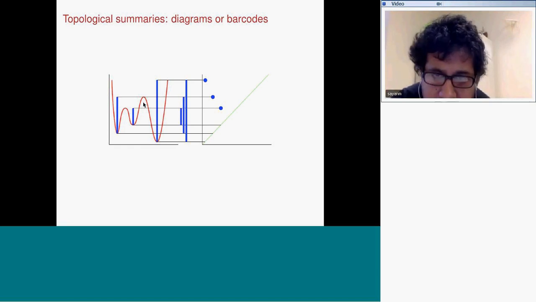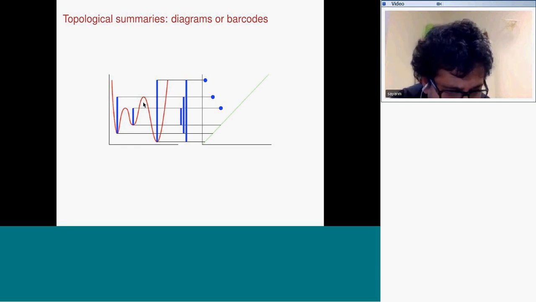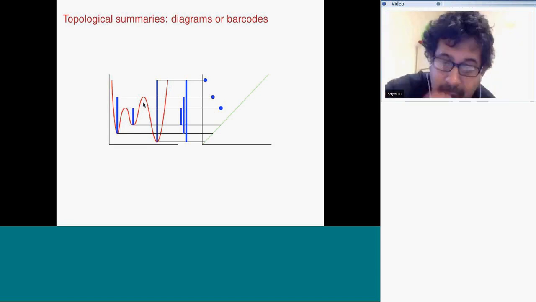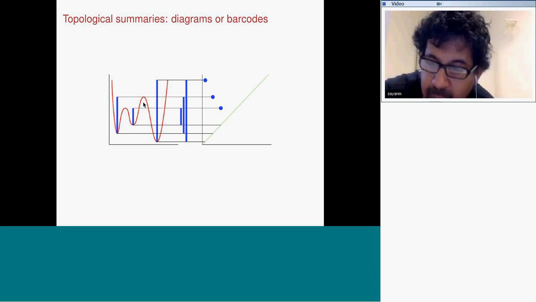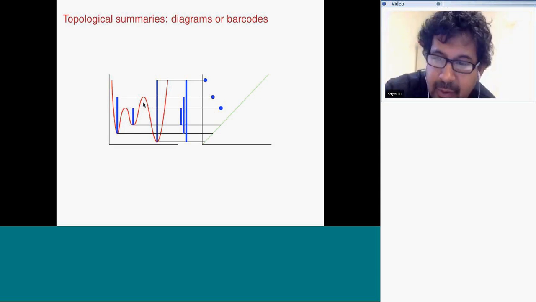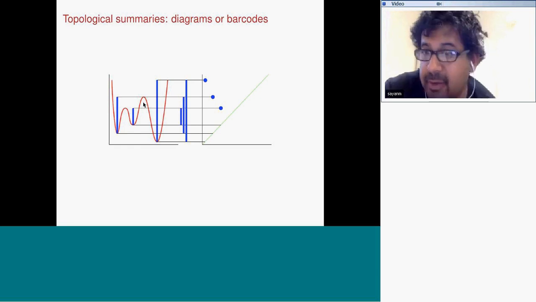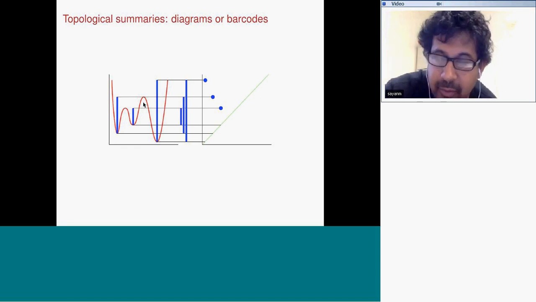Can you do averages of these things, right? Can you start doing what we do with measurements of lines, what we do with scalar random variables, in this setting? The argument for doing that is, if you believe that this is a summary, then it should have some statistical properties. It should be a random variable. We should be able to compute invariants of it, and so on and so forth.